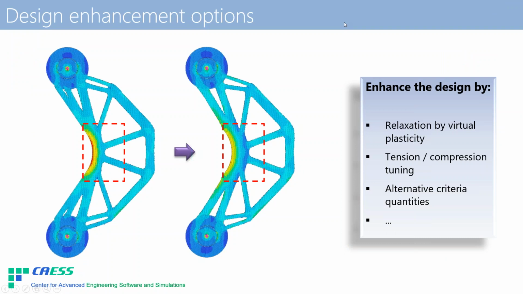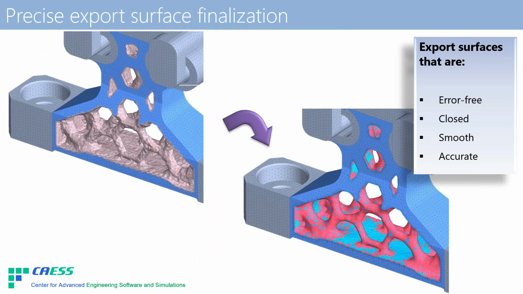Okay, I will just close this. And we are now at our last topic. This is related to precise export surface finalization. So every topology optimizer produces a result that is actually a surface, and this surface is typically exported as a triangulated surface. Now, what we do with this surface is another topic, but what the optimizer has to assure is that the surface can be nicely smoothed, and,